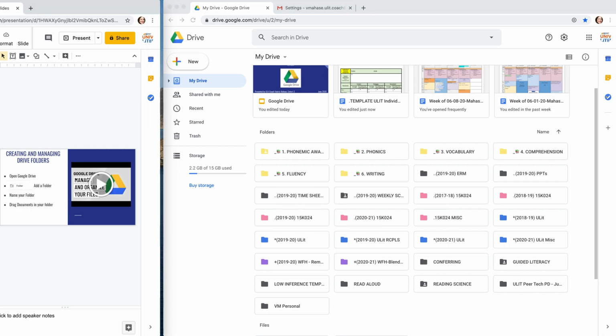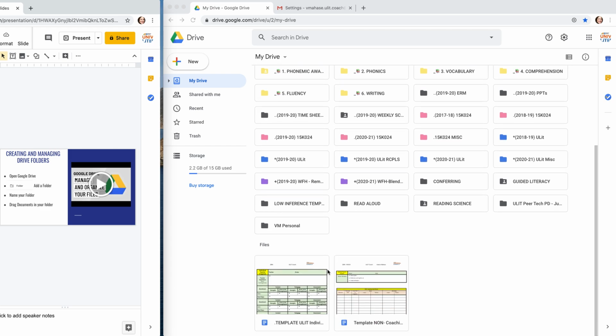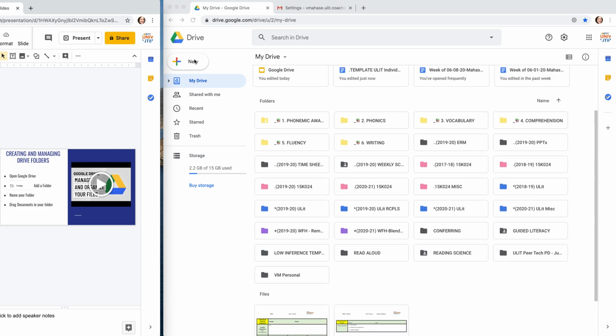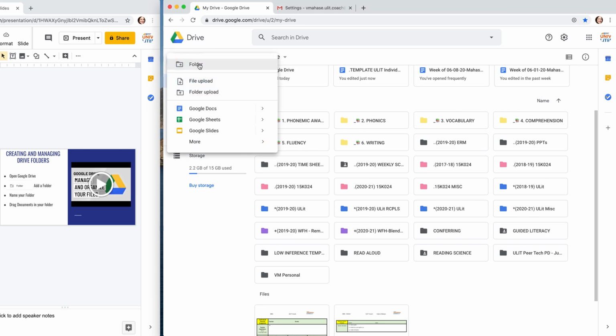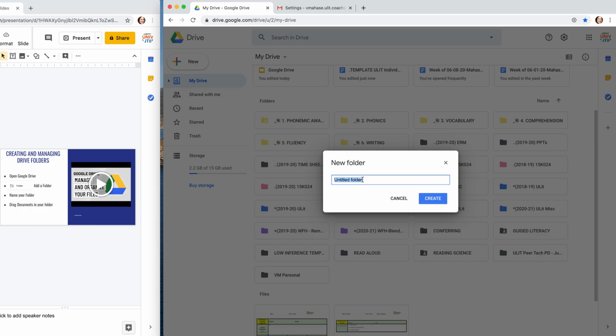Moving along, there's a video on how you can create and name folders. You'll notice that once you create a number of documents, the Google Drive can become very overcrowded. The same way you wouldn't want a bunch of loose papers floating around on a desk, once you have things that belong together, you can create a folder for them. And that looks the same up here, where you would click New and select Folder. Once you select Folder, you can give the folder a name, Test Folder,